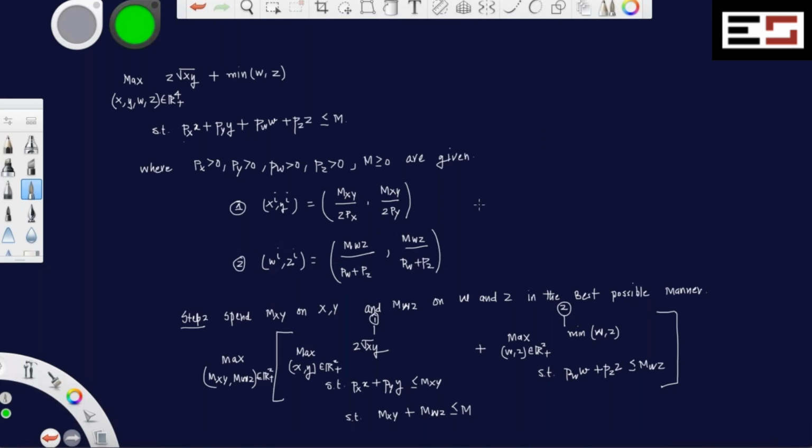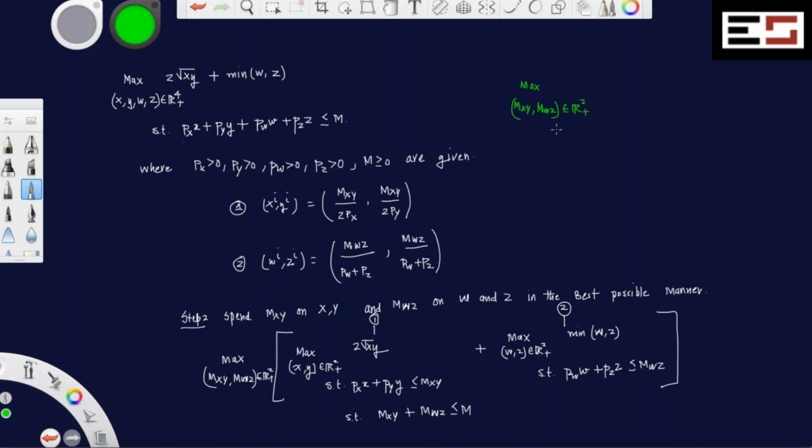rewrite the stage 1 problem. Remember, it's a stage 1 problem, which is the allocation problem, which is maximizing this plus this subject to this constraint. So you can just write the stage 1 problem in this manner, which is maximize with respect to mxy, mwz,